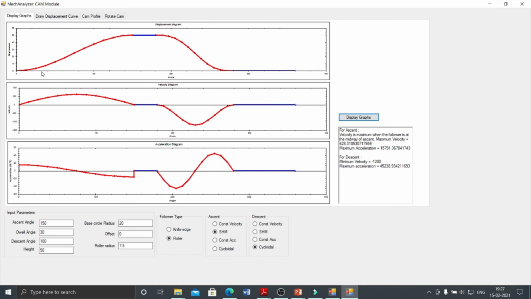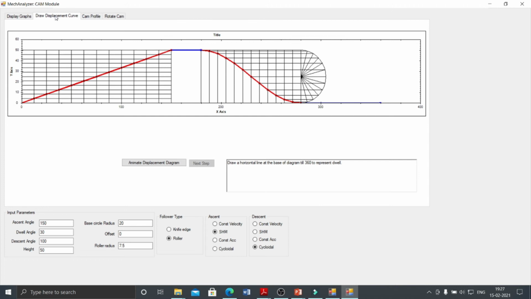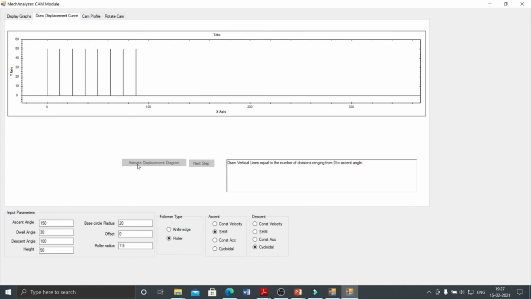This is the curve for the simple harmonic motion and this is the curve for the cycloidal motion. Just click on display curve. Draw the displacement diagram, animate displacement diagram for the simple harmonic motion. They give the step by step instructions for the displacement diagram.